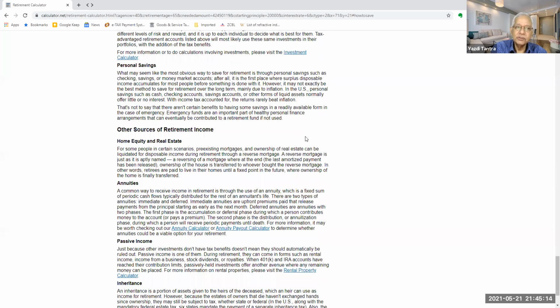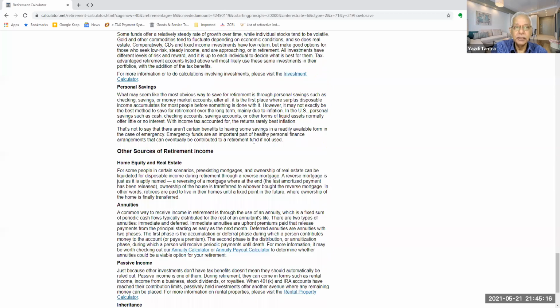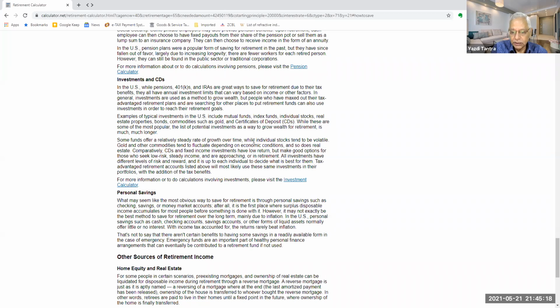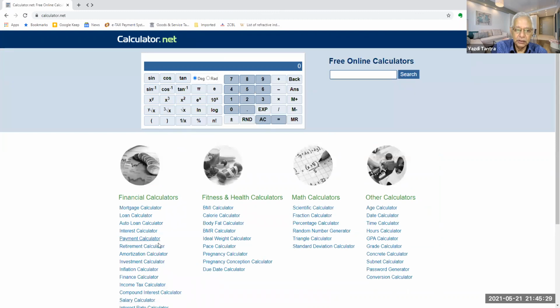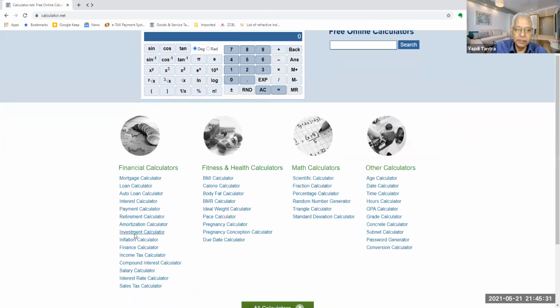Okay, this is US based, so some of the things may not be relevant for India, but you get the idea, basically how you can manage your retirement plan. Similarly, your investment calculator, inflation calculator, finance calculator, income tax calculator will not be relevant for India, but it is